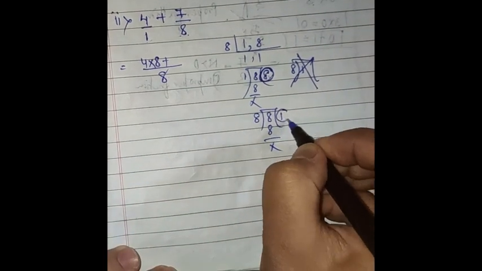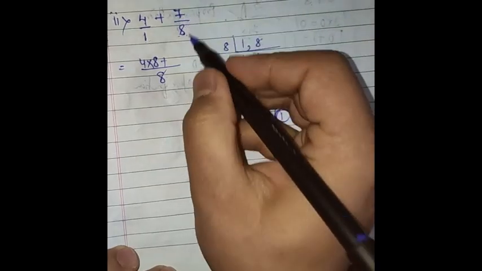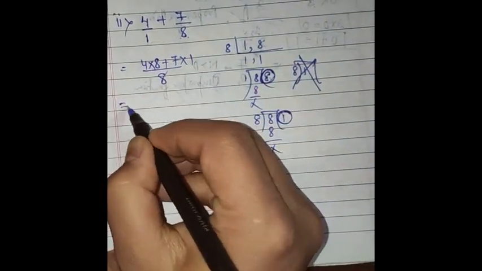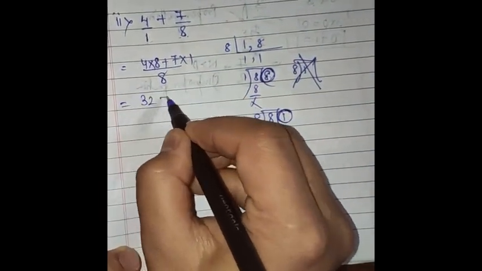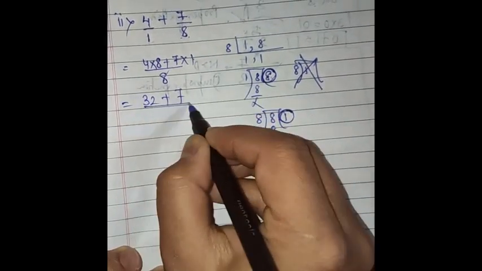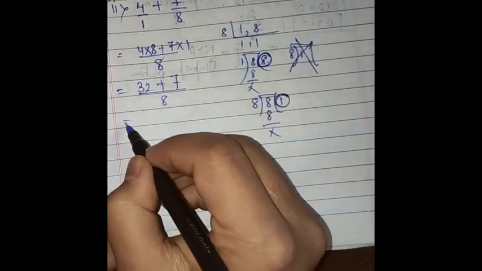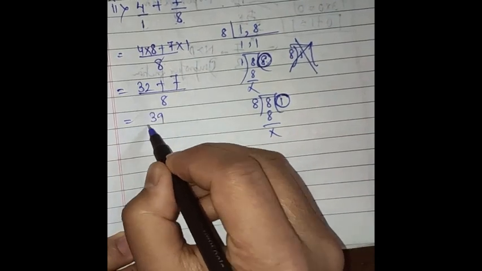So 8 1s. So what did you get as the question? 1. So 1 into 7, 7 into 1 or 1 into 7. 4 8s are 32 plus 7 1s is 7 divided by 8. So 32 plus 7 is 39 divided by